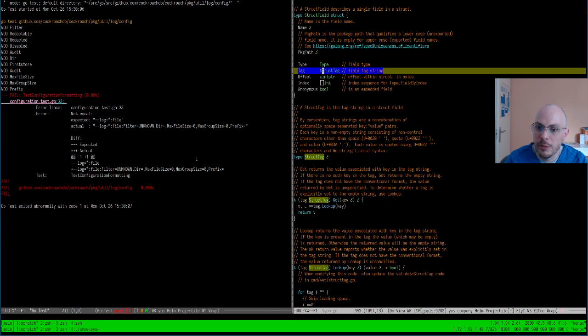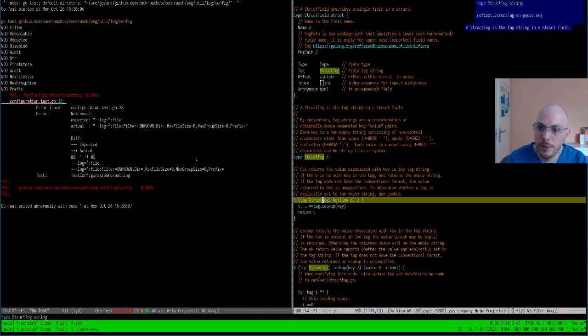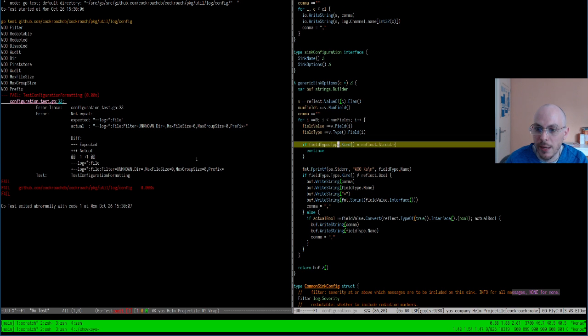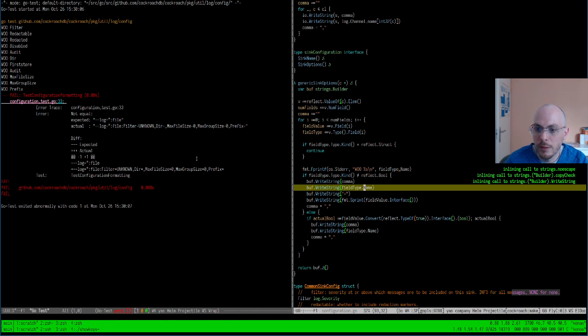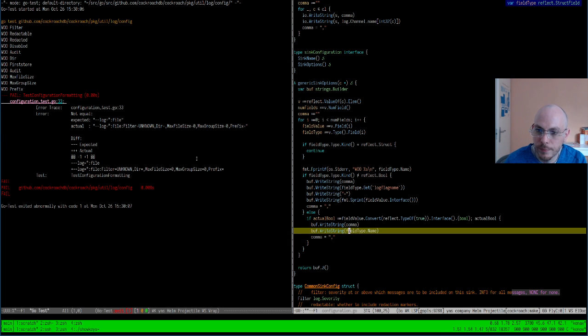So in this particular case, I'm going to invent a name for my thing, and I'm going to use it here. Get log flag. And ditto here.